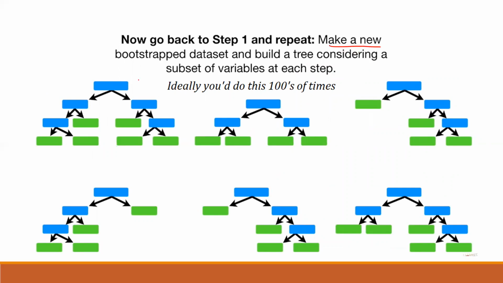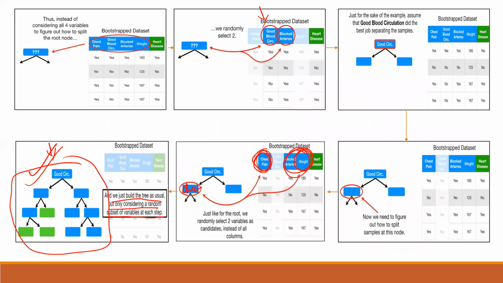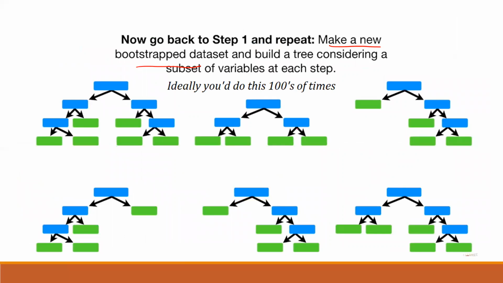It means that you make a new bootstrap dataset, and you have to take the decision again of which one has to be the first one, which one has to be the second one. This is a very small dataset. It has only 4 columns and only 4 rows. But consider having 100 or maybe 1,000 rows and maybe 20 columns, then it will be difficult for you to have only 2 or 3 decision trees. That's why it is written that you should do this hundreds of times.